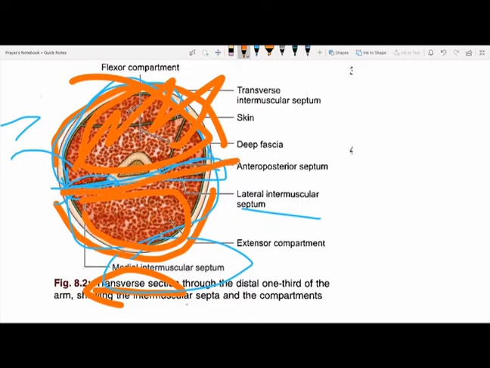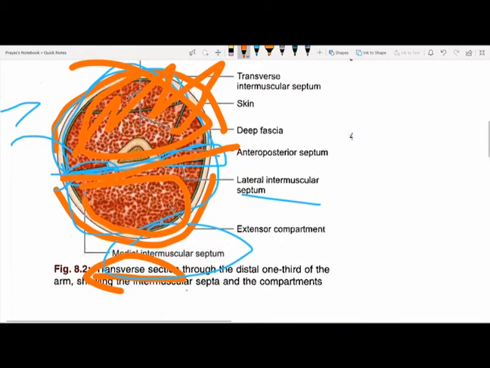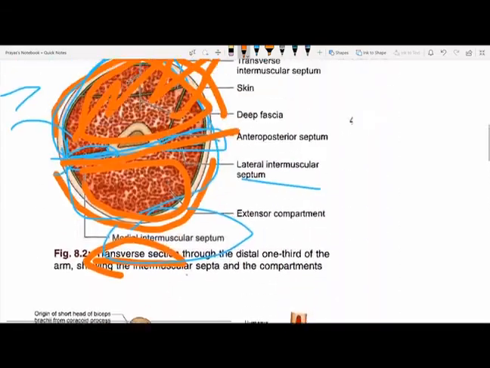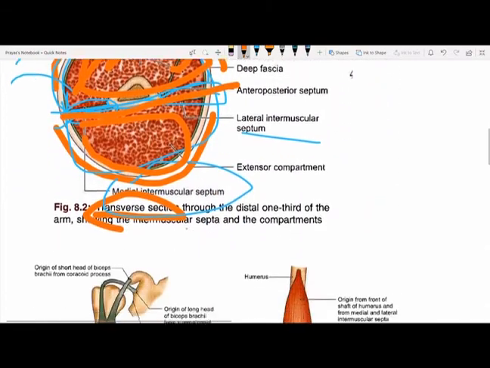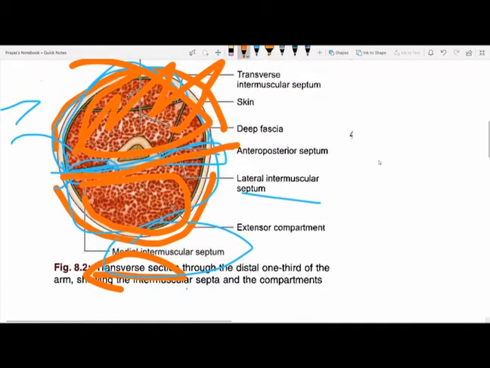So this line helps these two muscles to function independently of each other without interfering with each other, which is very important for the proper functioning of your arm. Now let's look at the main muscles of the arm. Before we go there, there are basically three main muscles of the arm. The first one is called